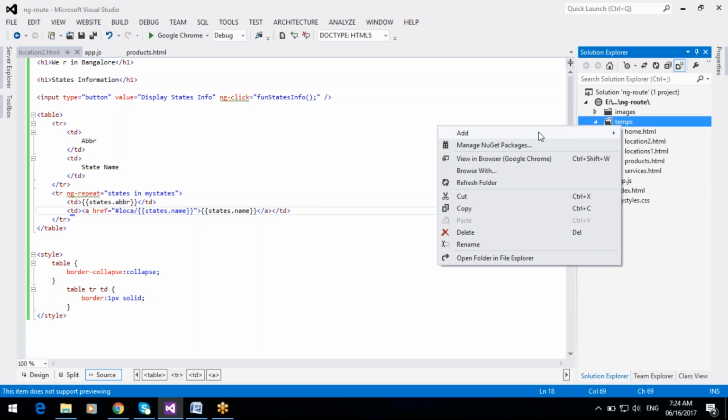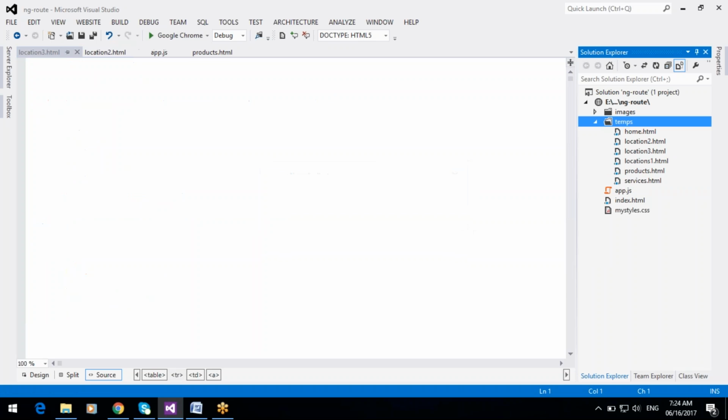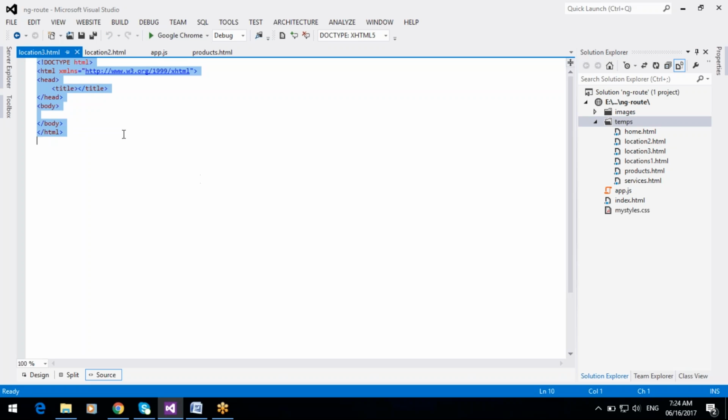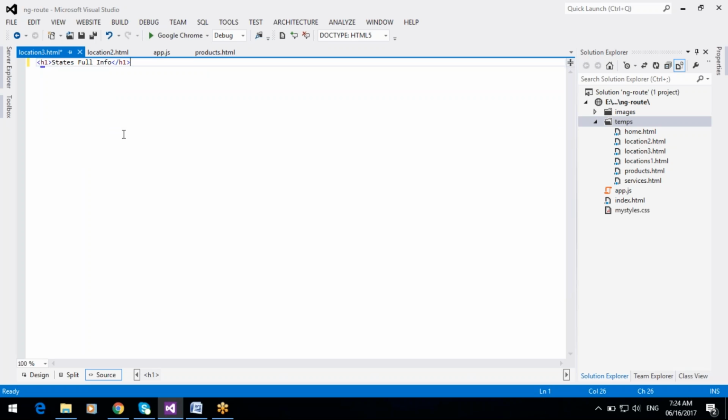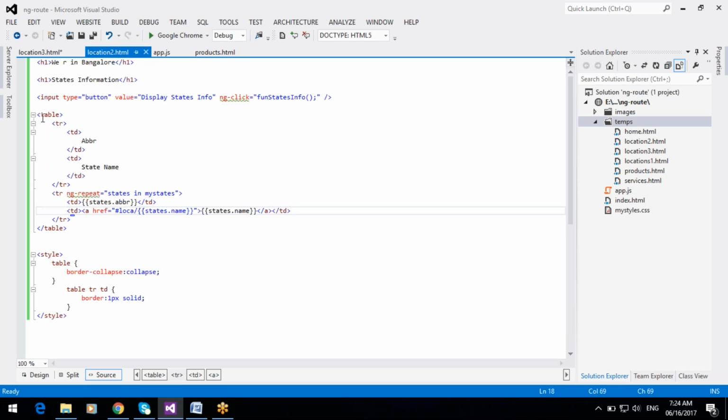So we can add one more template, location 3 dot html, with the state's full information in table format.